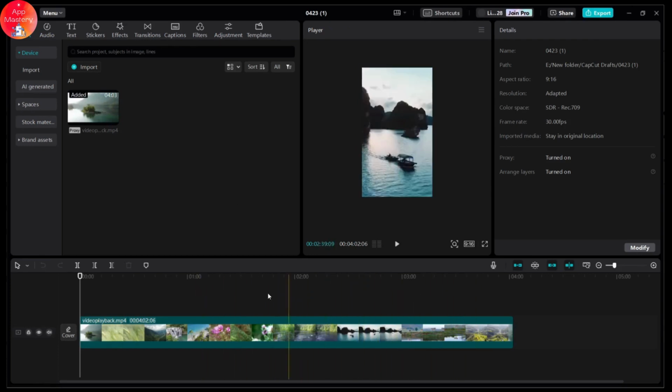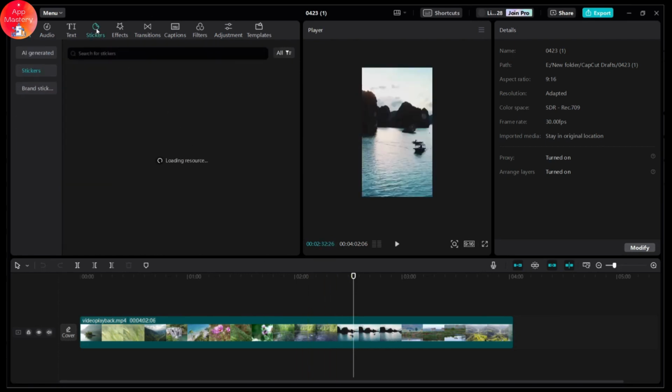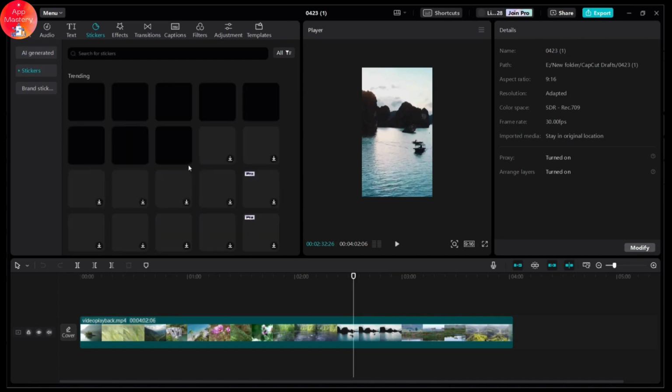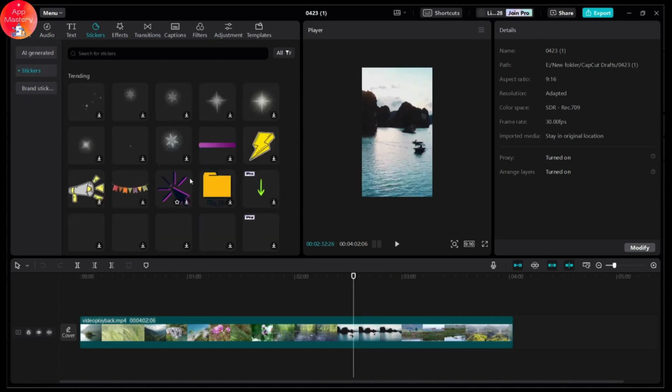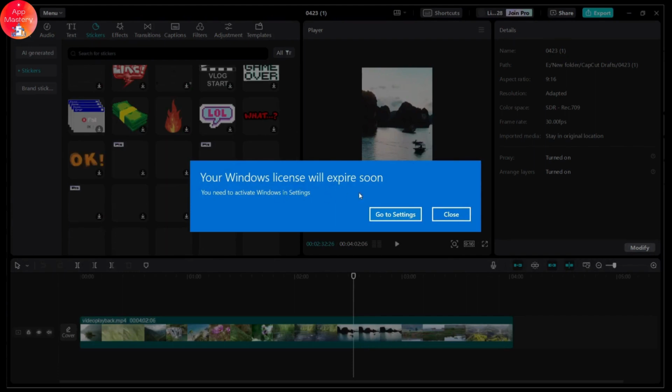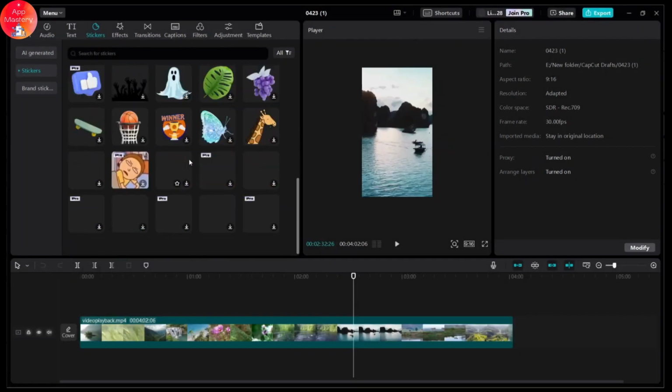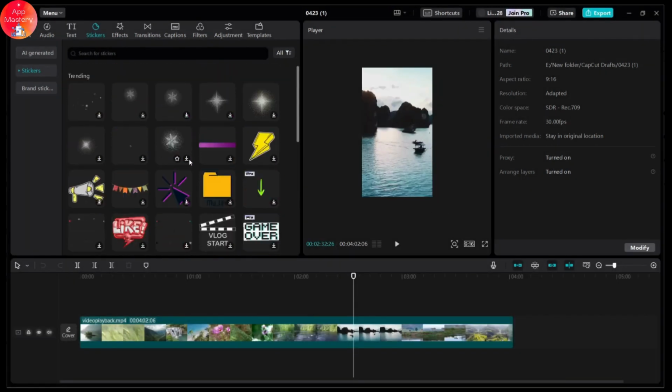So if you have any text right here under this video or on this video, and you want to remove that text, then it might be a huge process, but there is a simple way. What you need to do is simply go for stickers or effects, which is on the upper right. Go for the stickers and wait for the resources to load. And once you have the resources, you can simply scroll down and choose any resource or any